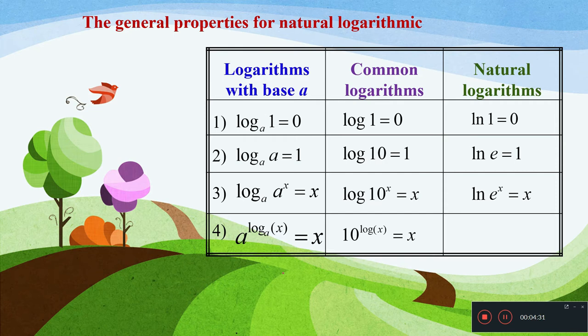It's the same thing for log base 10. Since log stands for log base 10, they have the same base, so we sort of cancel them off, and then you get x here. And same for the natural logarithm. Since ln stands for log base e, and you have the same base here, you sort of cancel them off, and the answer is that. Okay,